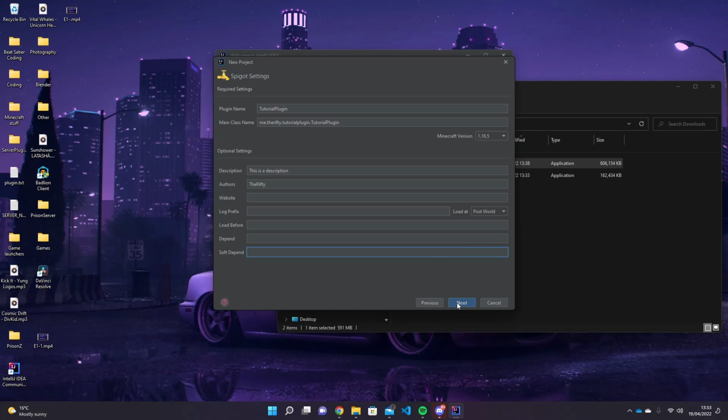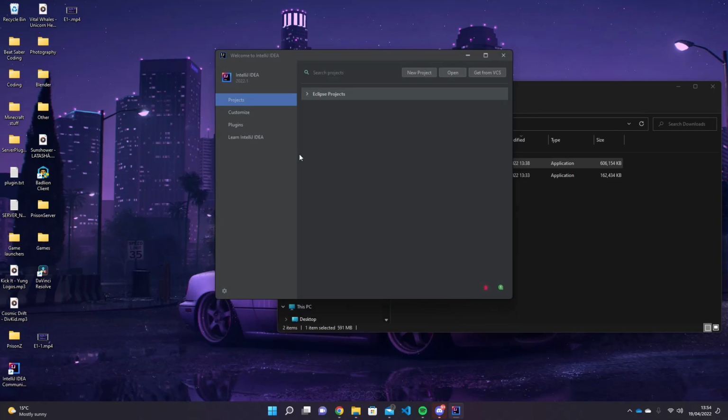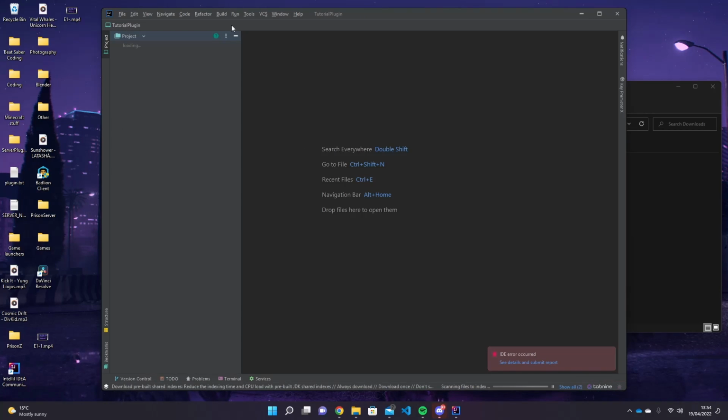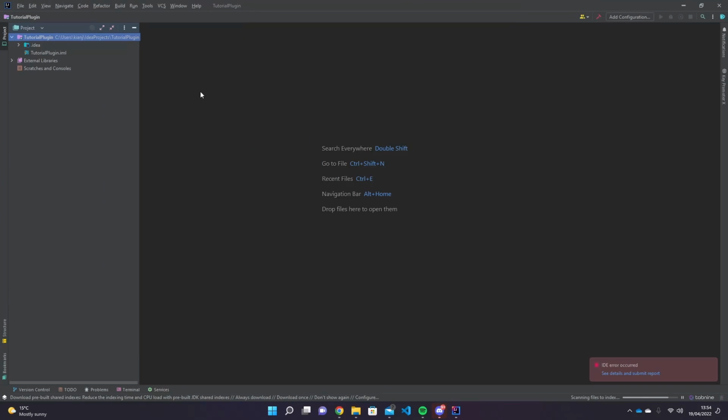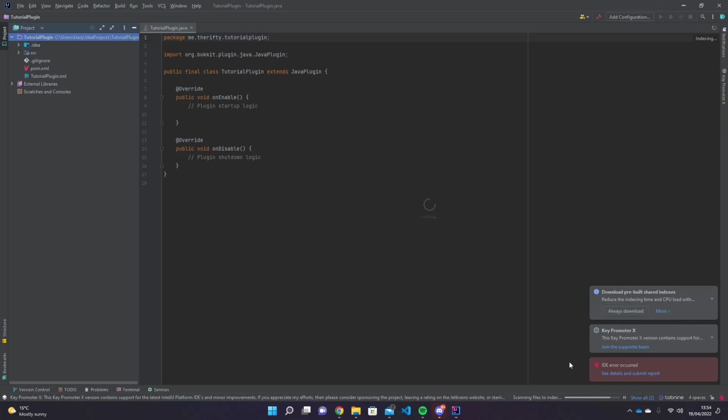Anyway, let's press next. The project name I'm going to call tutorial plugin. This can be whatever you want, but I choose to call it that because it's tutorial. Click next, and that should create the plugin for you. So as you can see, we've got our tutorial plugin, and we just need to let it load a little bit. It does some bits for us,